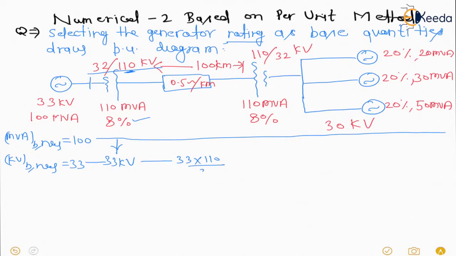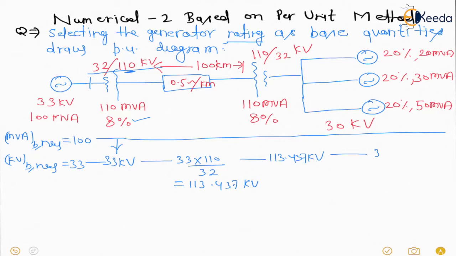110 upon 32, which when we calculate comes to 113.437 kV, and this will be the same for the second transformer, 113.437 kV. And for all these motors it will be 113.437 into 32 upon 110.